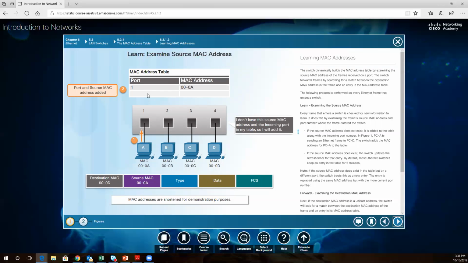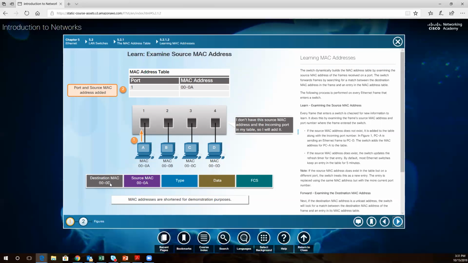And when you boot a switch up, it doesn't know where anything is at all. There's no MAC address table on it, unless you statically assign MAC address tables, which you can do, but we rarely, if ever, do. So it learns by watching the frames come in,